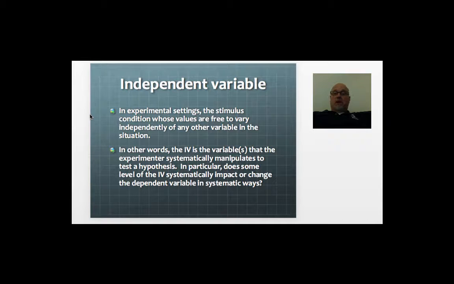We might say male and female, although as our world changes, it's become increasingly clear that sometimes it's not just male or female, sometimes it might be transgender, so perhaps we have to have three levels. In any case, we would then have three levels of an independent variable. If we're saying, does your gender identity impact your learning? Okay, one level of an independent variable is male, one level of an independent variable is female, the third level